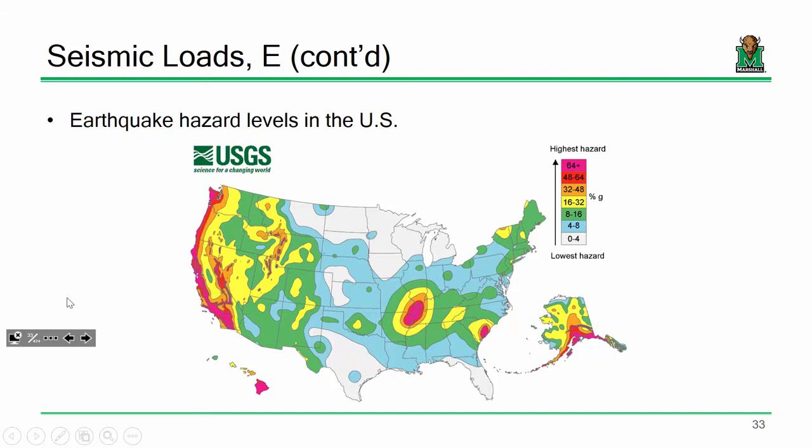The only other point I'll show you is this. This is from the USGS, the U.S. Geological Survey, and they look at a number of things, but one of the things that they produce is seismic hazard levels across the United States. And I know a lot of times, especially in our region of the country, a lot of engineers go, we're in West Virginia, why do we care about earthquakes? It's not a matter of whether or not we experience earthquakes or whatnot. It's more of a matter of our risk of damage and our risk of danger